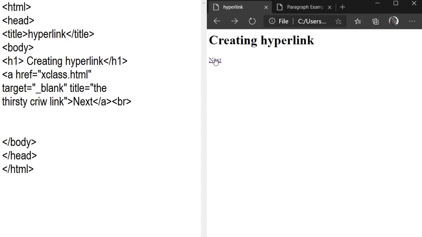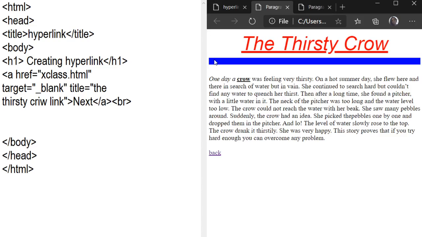Now you can see that when your mouse is moved over next, a tooltip will be displayed: the thirsty crow link. When you click on it, your linked page, your linked file will be displayed in another tab.